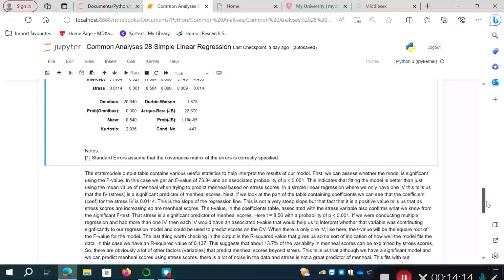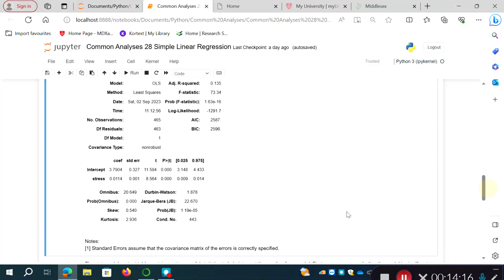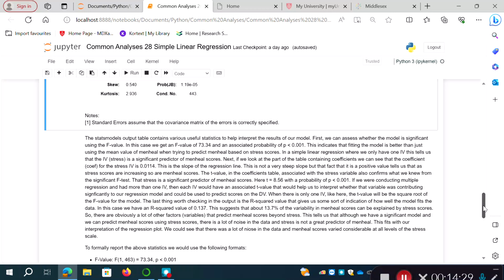So if we look here, we know we've got a significant model. It tells us our predictors are significant, or one of them is. We only have one in this case, and we see we've got a t-value of 8.56, p is less than 0.001. Okay, so if we were conducting a multiple regression and had more than one independent variable, then each independent